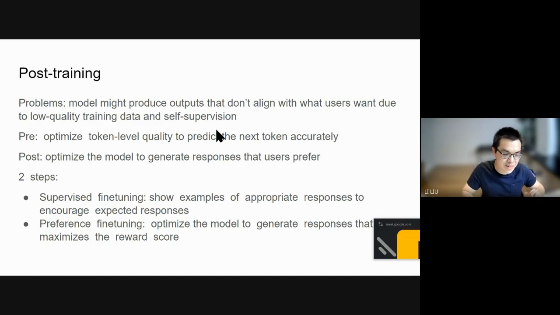And another technique is preference fine-tuning. It's a similar idea, but we define a reward score, so we optimize the model to generate the responses that maximize the reward score. So you may have a question like how do we know the score, right? So that's where